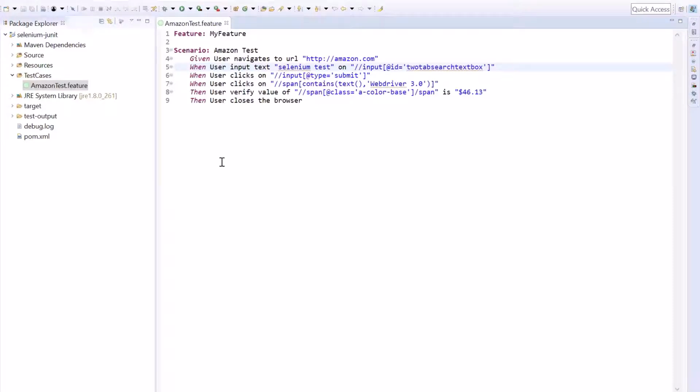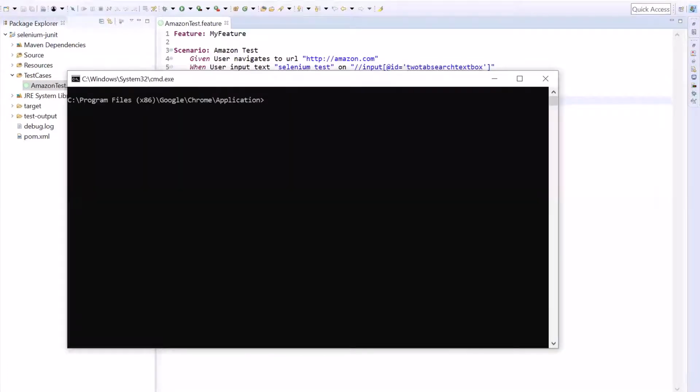So now, the first thing we need to do is open the browser where we want to debug our scripts. To do that, let's open a command prompt and then navigate to the path where chrome.exe is placed. Chrome DevTools provides the facility to inspect and debug the Chrome browser by running Chrome on a specific port. So to open Chrome on a specific port for debugging, type chrome.exe remote debugging port equals to 1999.